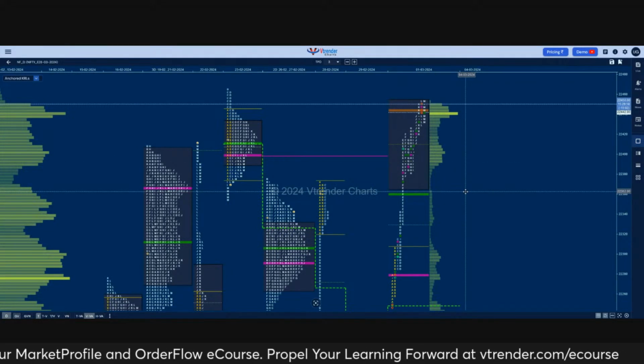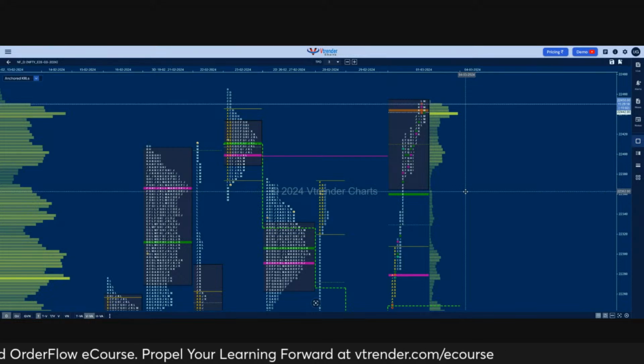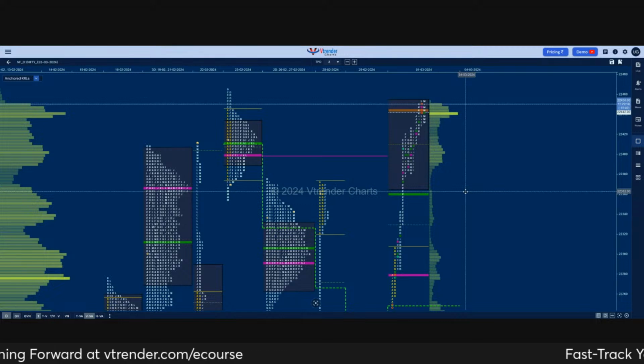So any further queries, guys? Else we will move to the Bank Nifty monthly chart. We'll start with spot and then we'll move on to the futures, and we'll make a note of